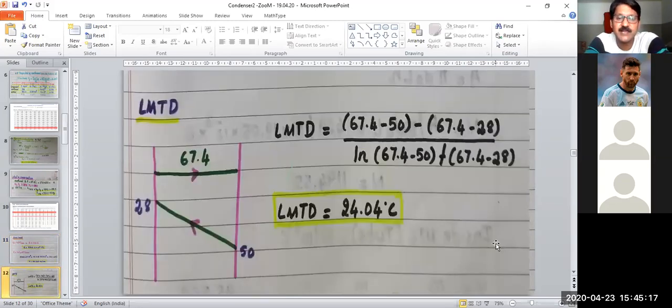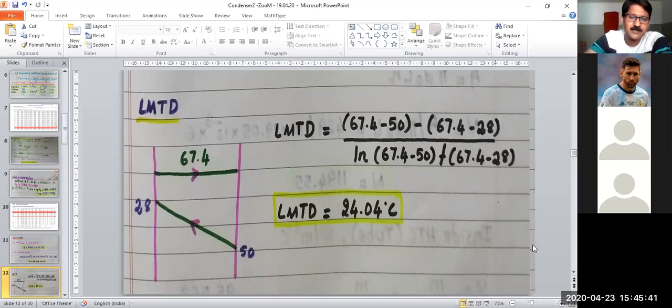So do it LMTD. Next heading is LMTD. You write down the profile. Since the vapor is entering, it will be at a constant temperature. Because entering is constant, where it is going to evaporate, we are least bothered. Because we want more vaporization, therefore we are referring to the vapor temperature only. So that is the vapor temperature which is responsible.